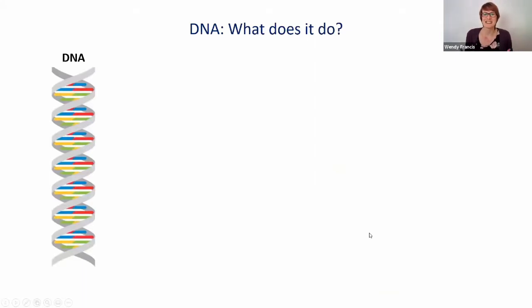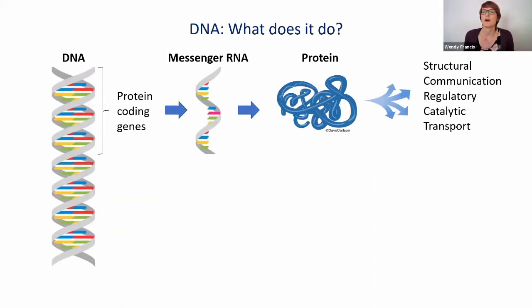So what exactly does DNA do? Well, most of you will know that DNA codes for proteins. As we said, it's the blueprint that codes for us in terms of how we develop and all the functions that our cells do. So along the length of our DNA, and we have a lot of DNA, we have these protein coding genes. So they're just sequences of nucleotides within our DNA double-stranded helix that code for a messenger